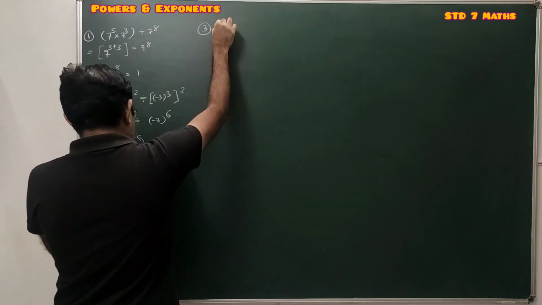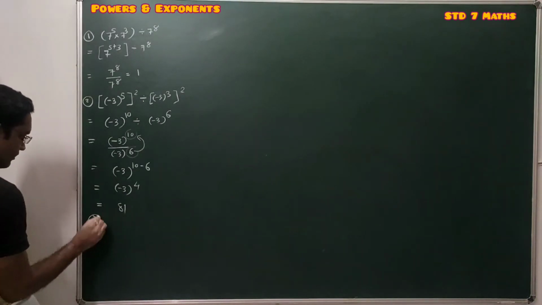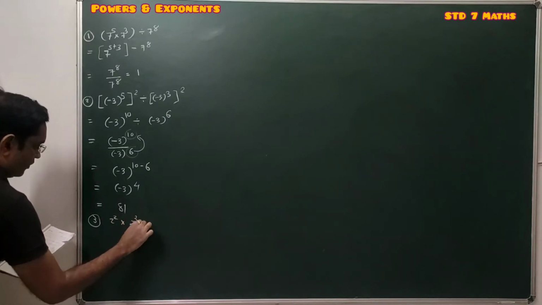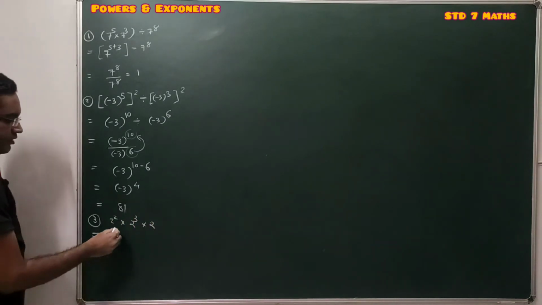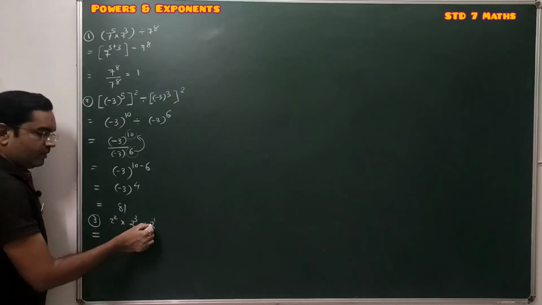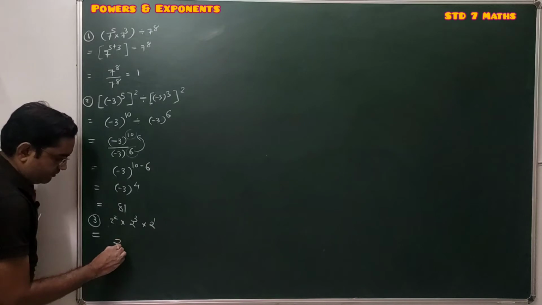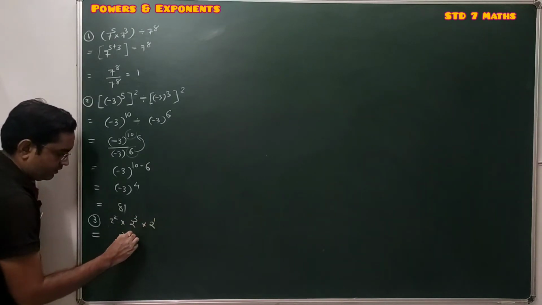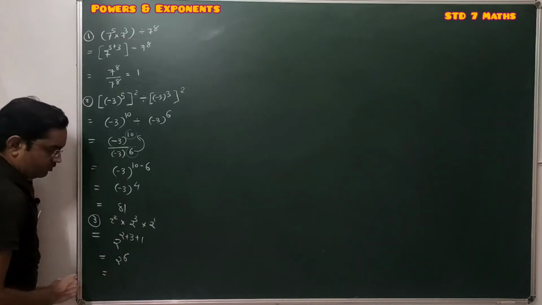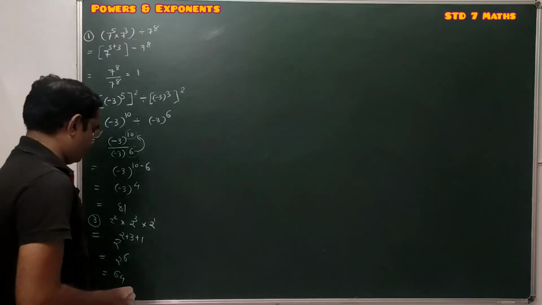Here we are given, I think we can solve this question number 3 over here. Question number 3 is 2 square into 2 cube into 2. These powers are in multiplication with the same base. Here 2 raised to 1 is there, so we can perform addition of these powers. So this will be 2 raised to 2 plus 3 plus 1. 2 plus 3 plus 1 is 2 raised to 6. So 2 raised to 6 is 64, which is the answer.